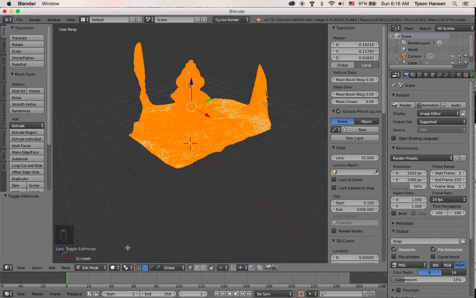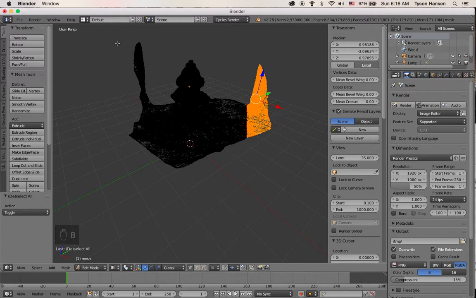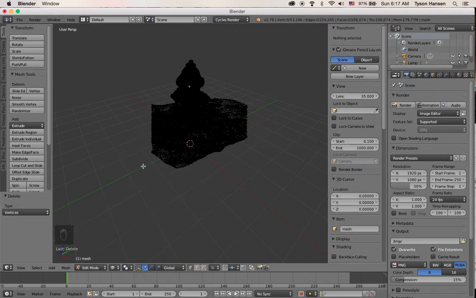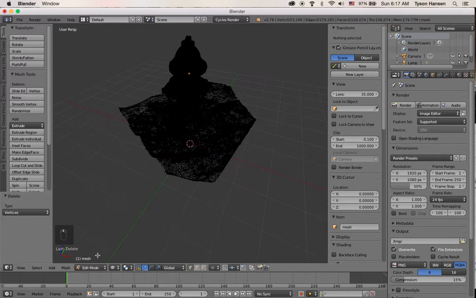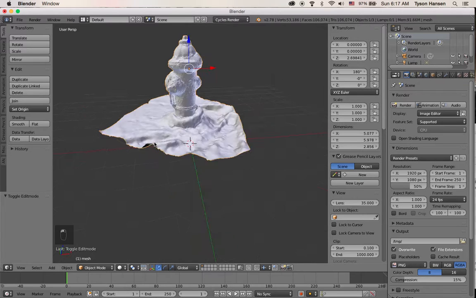You can also just hit Tab, and I'm going to go into wireframe mode, which is right here, or you can hit Z. I'm going to deselect everything with A, and do my box select with B, and do that, and go back into box select and do that, and then to delete, hit X, and I'm going to delete vertices. And then if you go back into object mode and go back into solid mode,